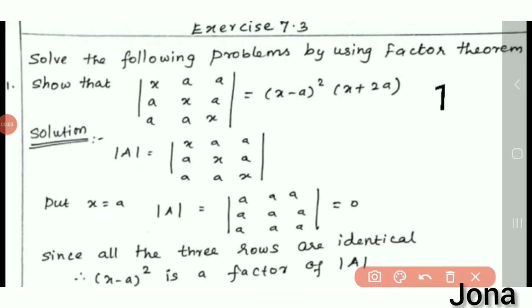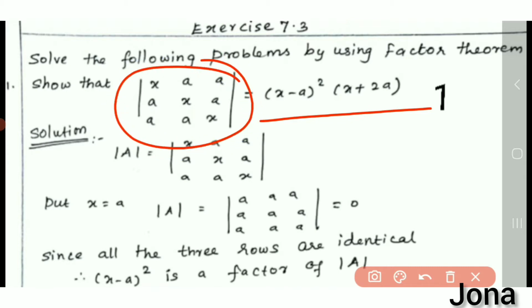Exercise 7.3. Solve the following problems by using the factor theorem. Show that the determinant with rows x a a, a x a, a a x is equal to (x minus a) the whole square into (x plus 2a). Let me take the determinant value of the left hand side. We want to find the determinant value as (x minus a) the whole square into (x plus 2a) by using